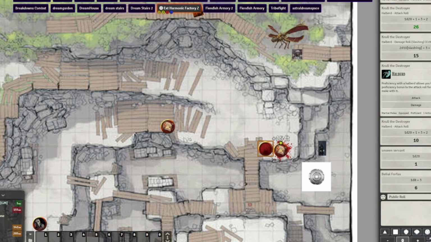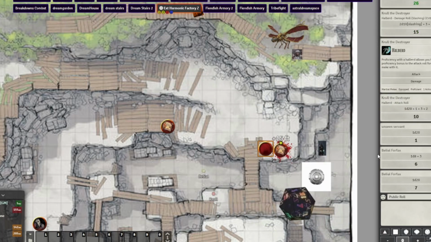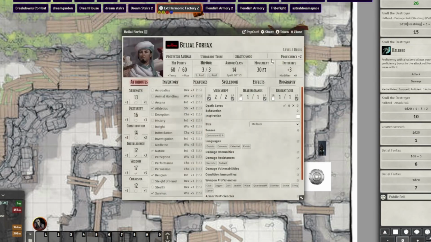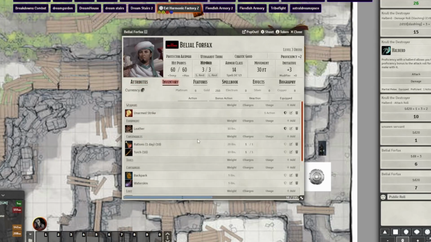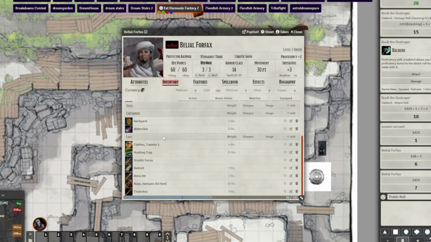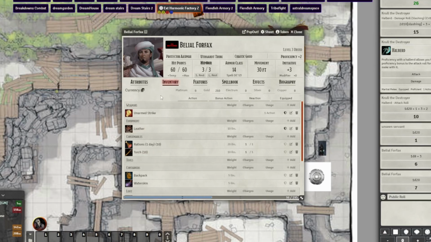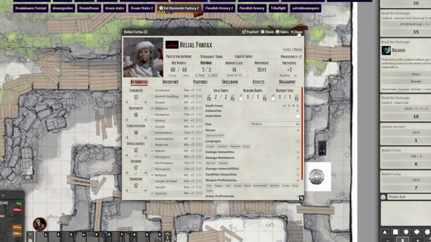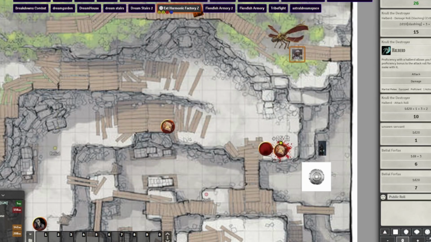The flaming sphere rolls over this thing, just crushing it and burning it. And that's going to do the full 2d6 fire. 7 plus, let's see. So 10. You didn't give yourself a bow, did you? No, I didn't give myself a bow.